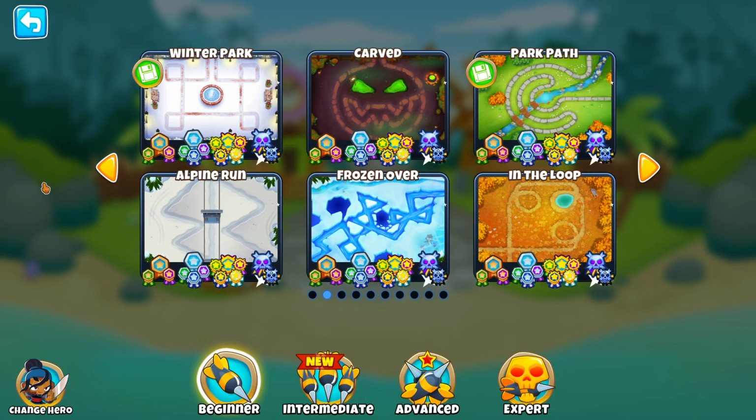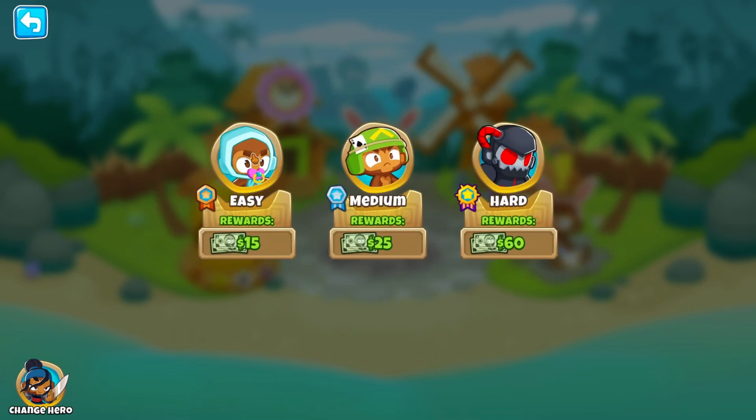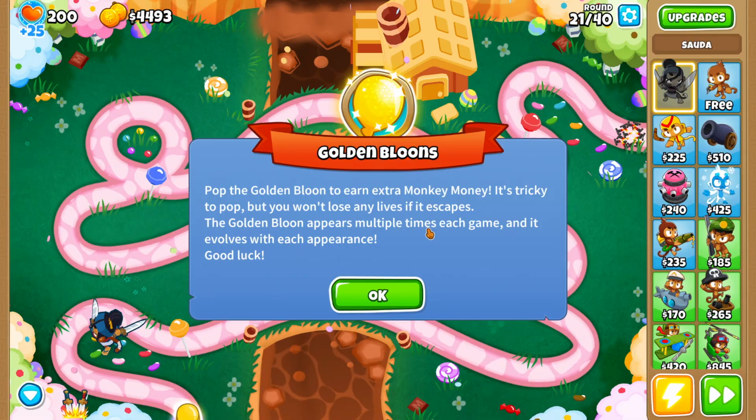Oh, what is that? Oh my god, it floated across the screen. It's the golden balloon. So what does the golden balloon do? You have to pop the golden balloon to earn extra monkey money. It's tricky to pop, but you won't lose any lives if it escapes. The golden balloon appears multiple times in each game, and it evolves with each appearance, which means it just gets